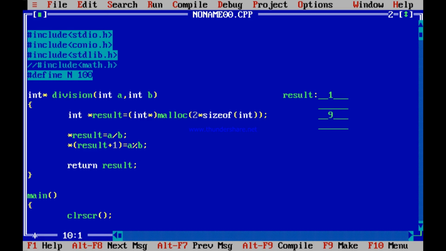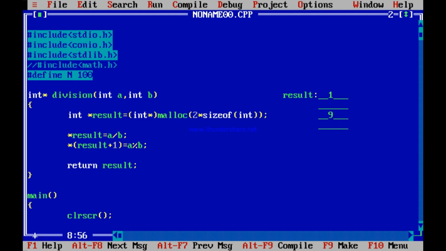You cannot return the quotient and the remainder, 2 things. But one thing you can return. If you put A by B in quotient Q, and A%B in remainder R, the problem is you cannot return both Q and R. Only one thing you can return. So what you are doing is allocating 2 spaces of integers, one after the other. And you put the quotient and the remainder in those 2 memory locations.